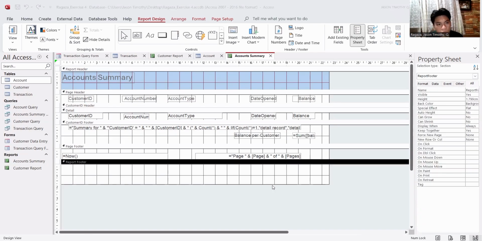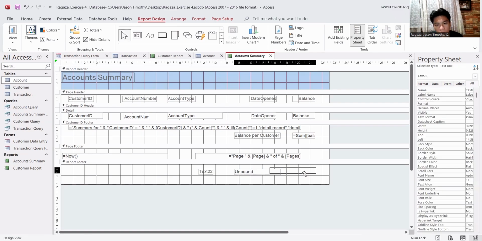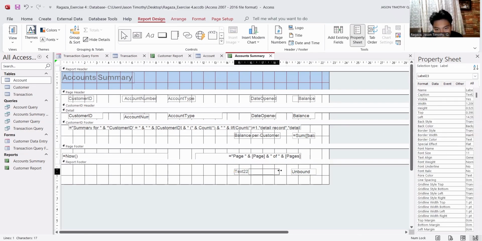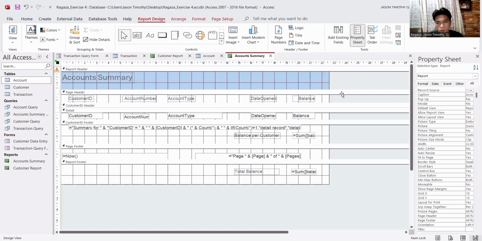And then next, we're going to add another one. We're going to name this one total balance, and then the same formula, sum, balance.